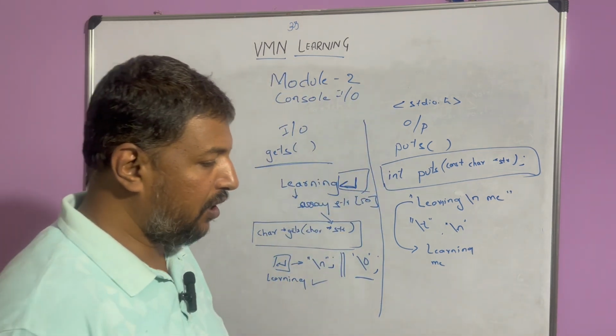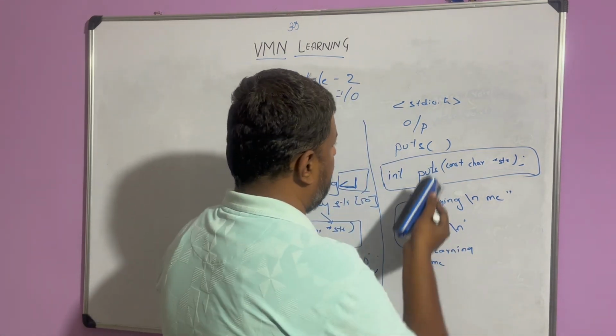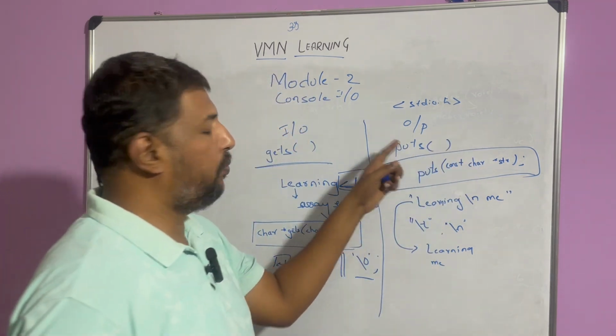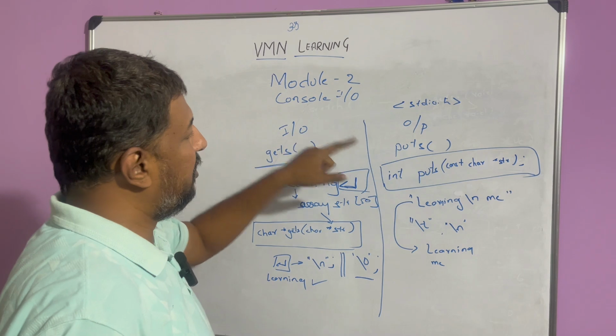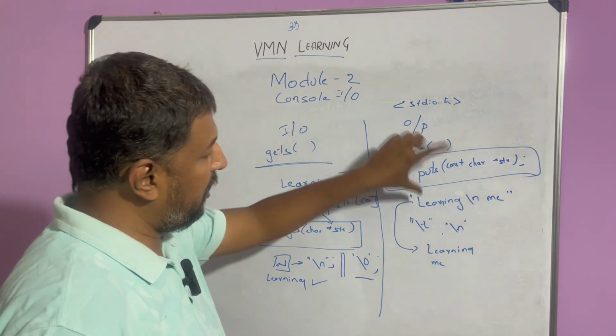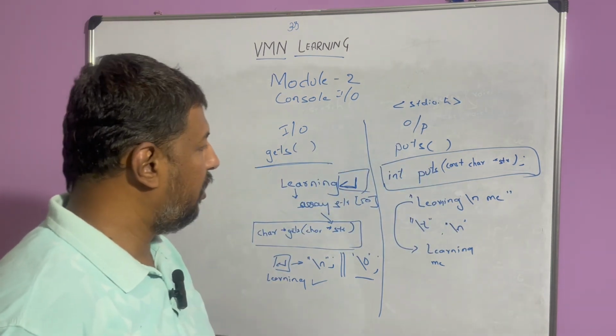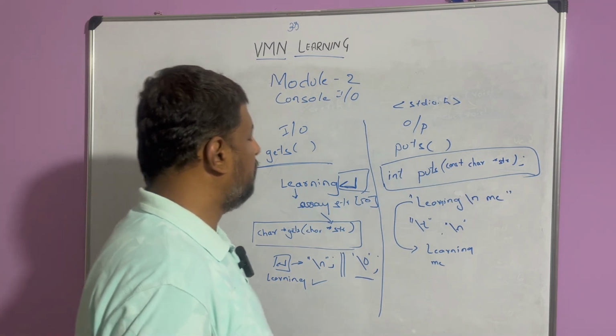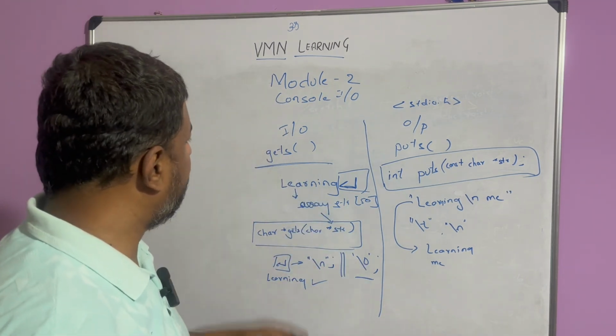Okay, newlines, tabs and everything will be taken into consideration here. That's the puts. That's the main difference between gets and puts: the whole string will be put. Okay. So now, one special case about gets is